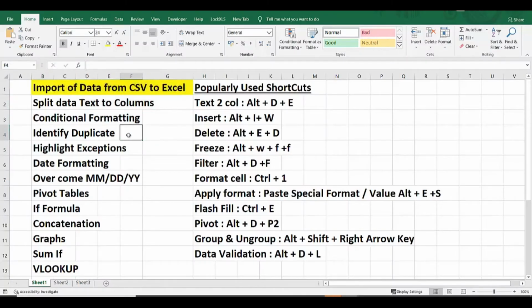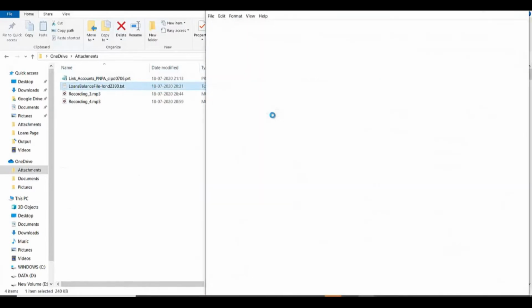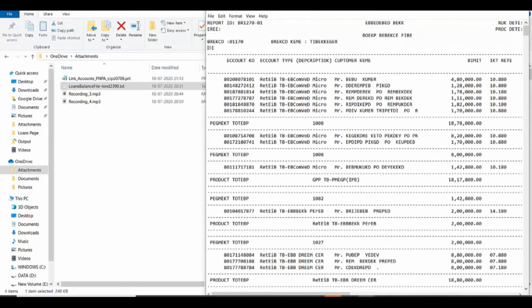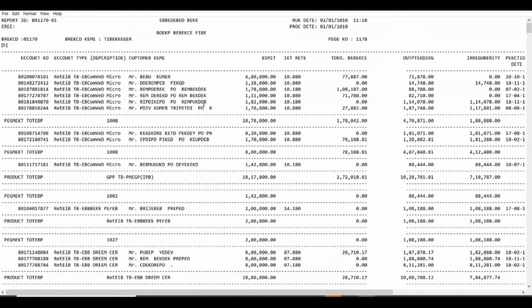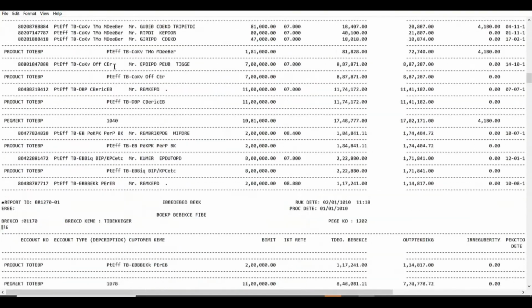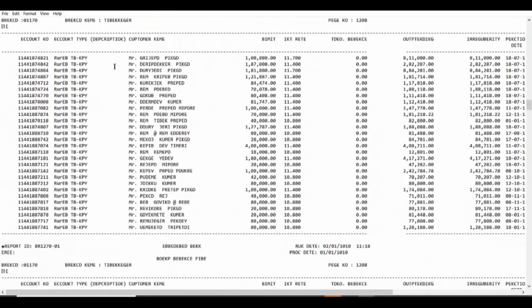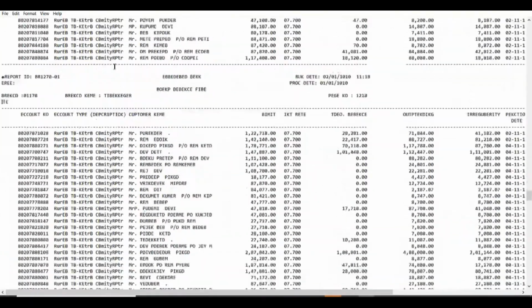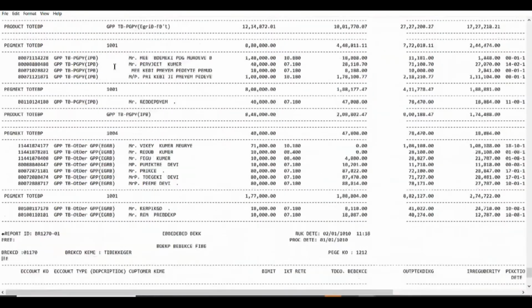For analyzing data, first we must have data in Excel format. Here we have some data in text format. Some of you have already seen these types of files in bank audits. You may be afraid to see this large volume of data with hundreds, thousands of rows and columns. And if I want you to do some analysis, like extracting all accounts which are greater than 1 lakh or which are NPA or any other query like that from this data, some of you will probably run away.